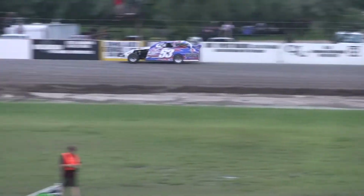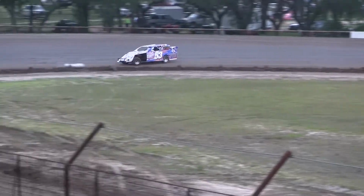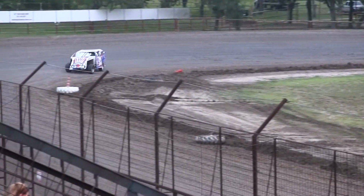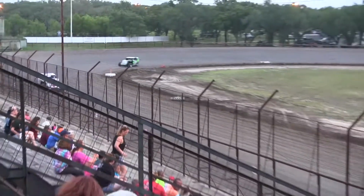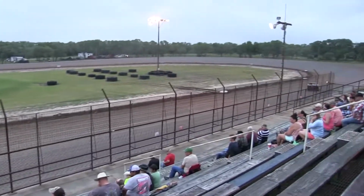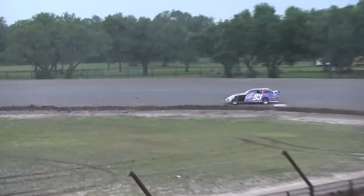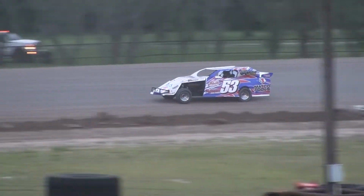Looks like we're coming to 2 to go this time out of turn number 4 for your leader, Edward Oaks. A little bit squirrely under braking that time into turn number 3, but there's enough room between himself and second place that it really doesn't make a big deal. 2 laps to go for Edward in the 53 car. Much smoother down on the end of the racetrack there in 1 and